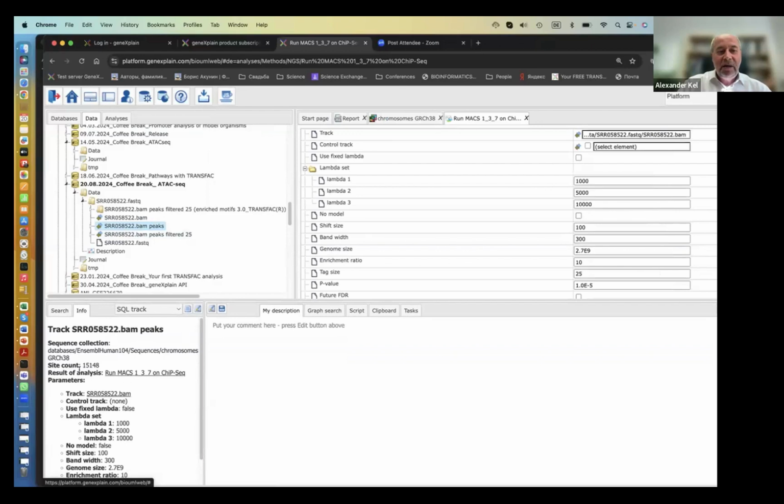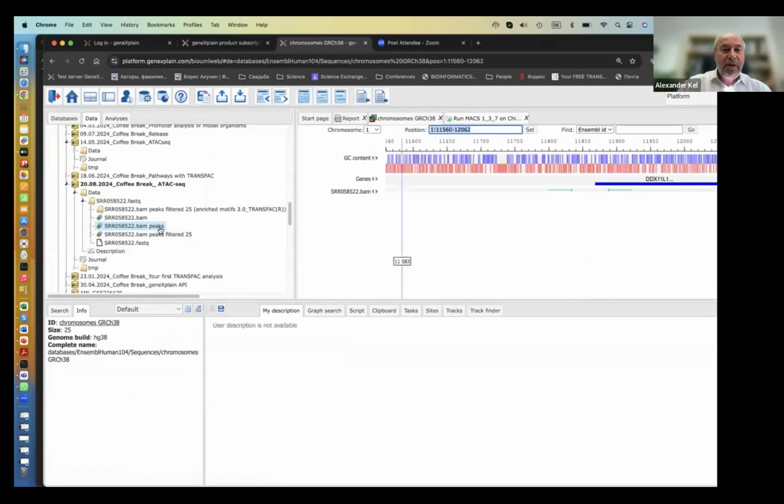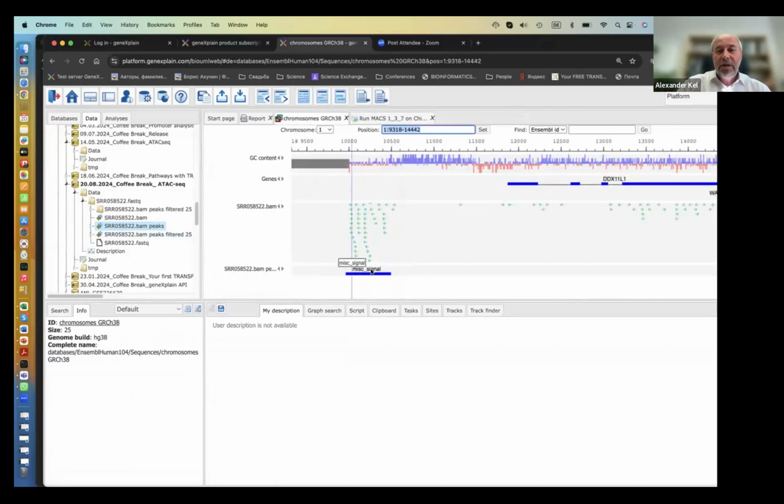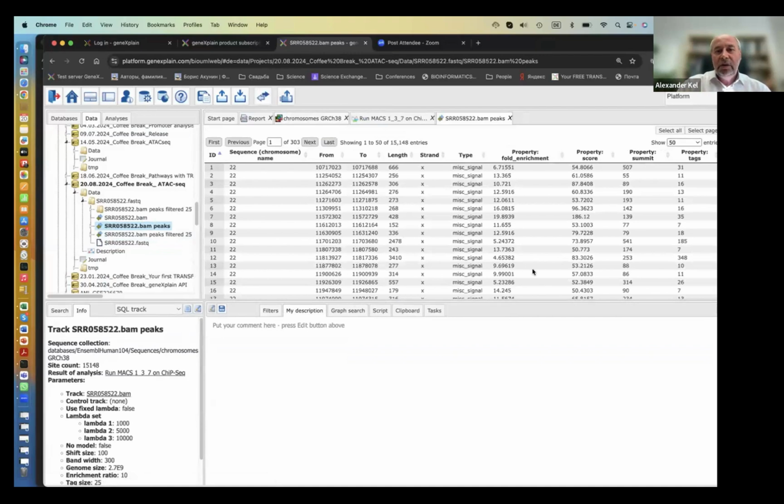And here you see we found 15,148 peaks around this maximum number of reads in the genome. You can see those peaks if you simply drag and drop in here. Basically, you can zoom it out. You see this is a region with many reads, and it is covered by this peak. Actually, if you open these peaks as a table with a right click, you can see also this enrichment score,